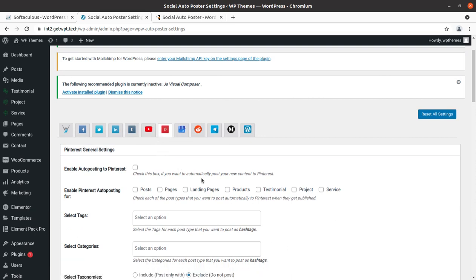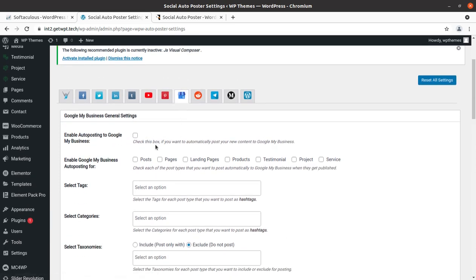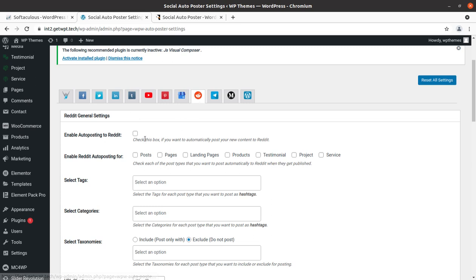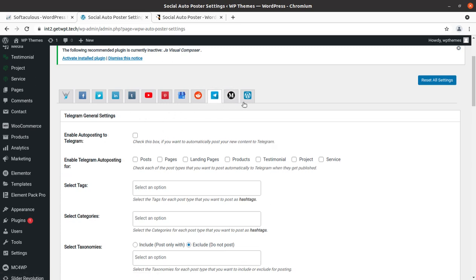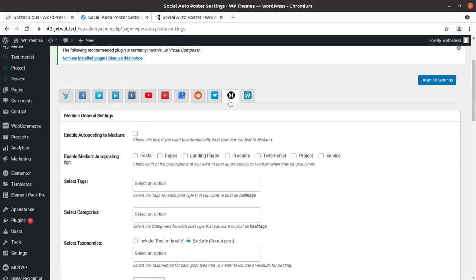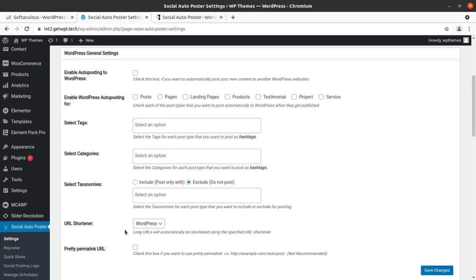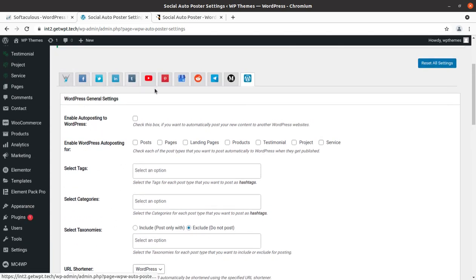So you can check it by Pinterest and Google My Business, Reddit, Telegram, Medium, okay, and WordPress itself. So there are multiple social media accounts.